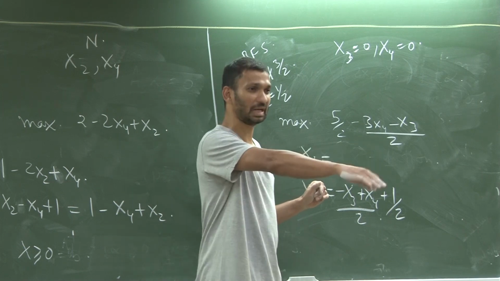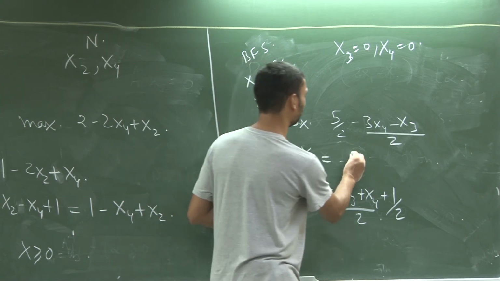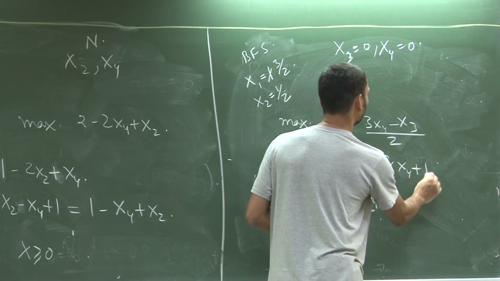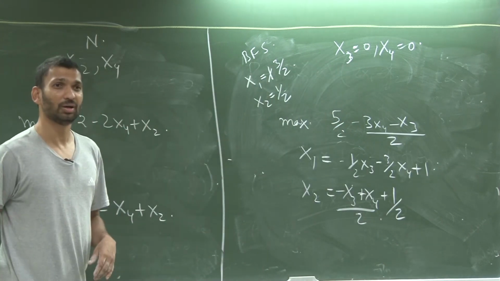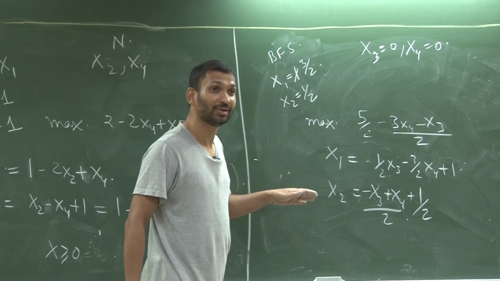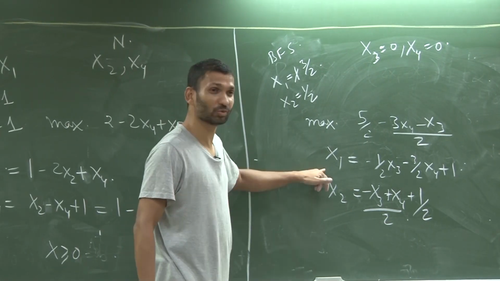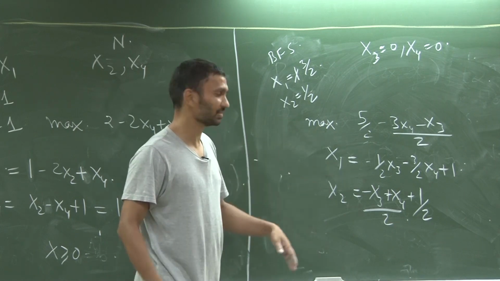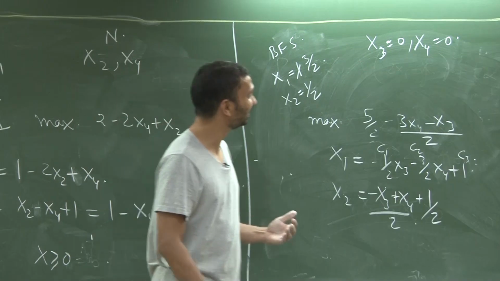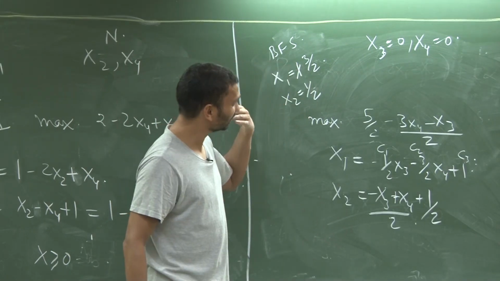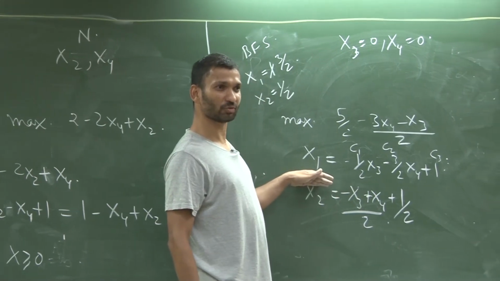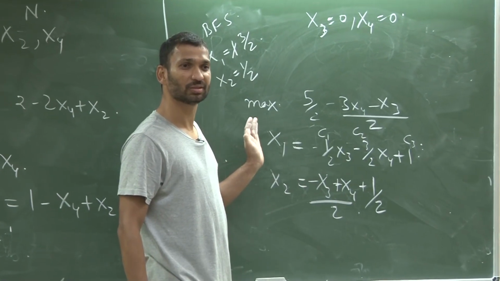No, you don't tell x1. Minus half x3, minus 3 by 2 x4, plus 1. Okay. And now, what do you know for x1? That's not correct. Minus x3 minus x2, the constant should be 3 by 2, right? So the important lesson here is that for this basic feasible solution, the value is